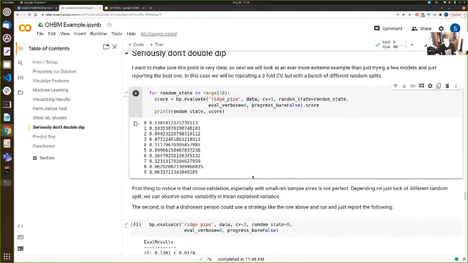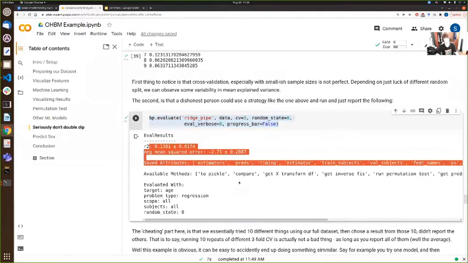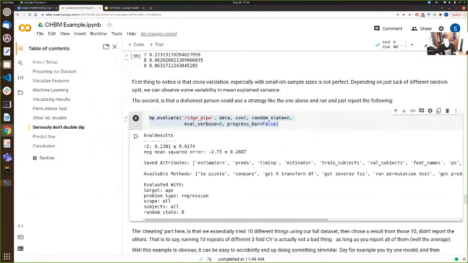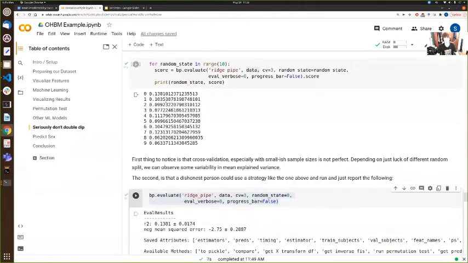So the extremely dishonest thing to do in this case would be to change the random state a bunch of times, see the one that does the best, random state 0, and run just random state 0, and pretend that those were your results the whole time. Now, that's clear-cut dishonesty, and also cheating, but it can be easy to accidentally end up doing something similar to even just this obvious example of trying a bunch of things,